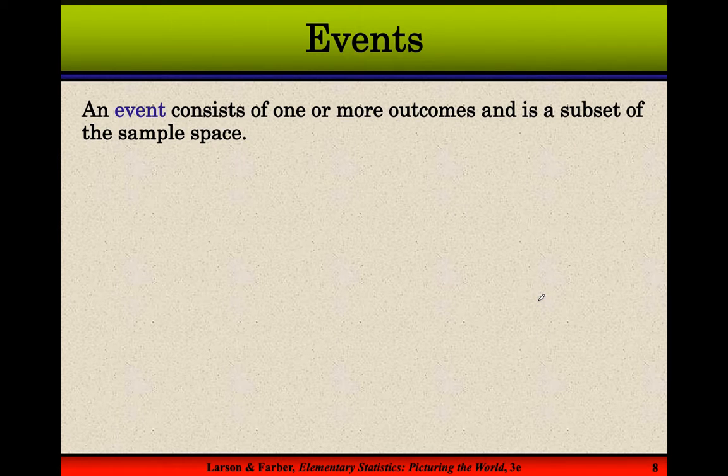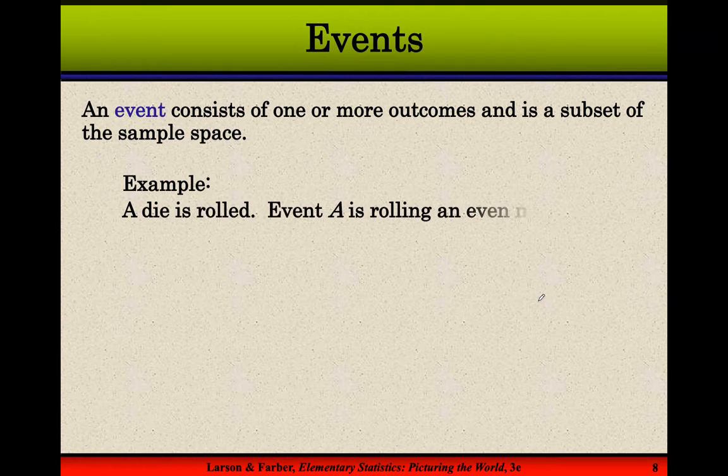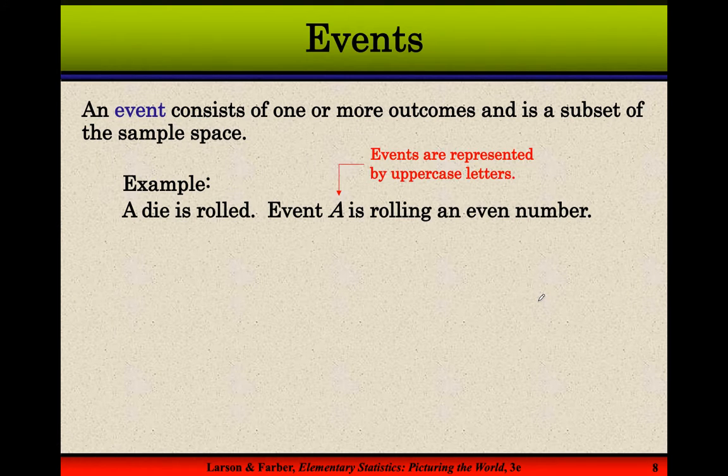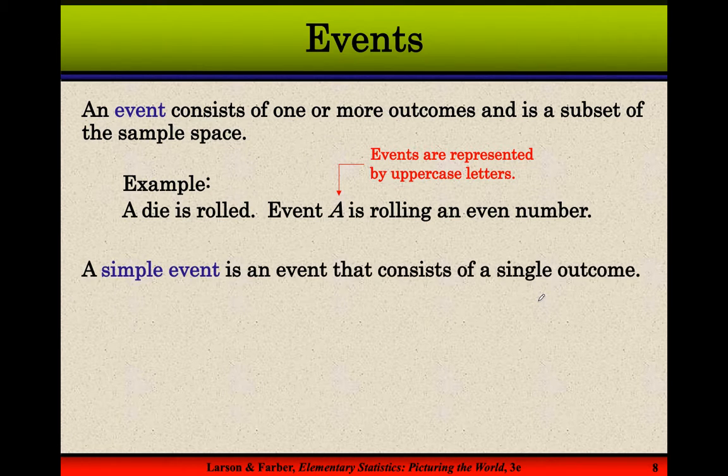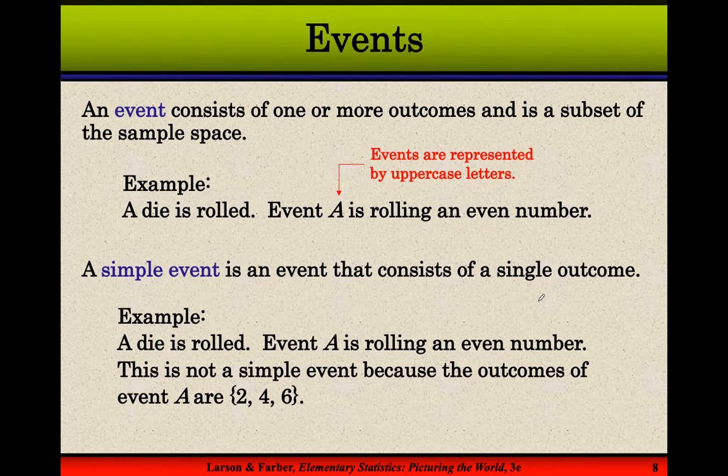Now, an event just means what's one thing that could happen. So if I roll a die, what are the things that could happen? Well, I'm going to say that event A is rolling an even number. So I'm going to talk about the probability of event A occurring, and what I'm speaking about is the probability that I would get an even number. So the probability of